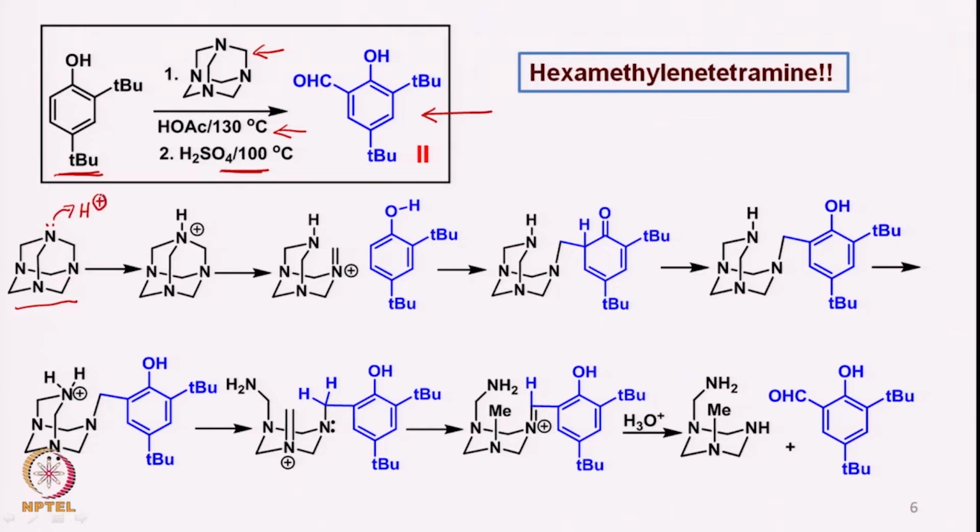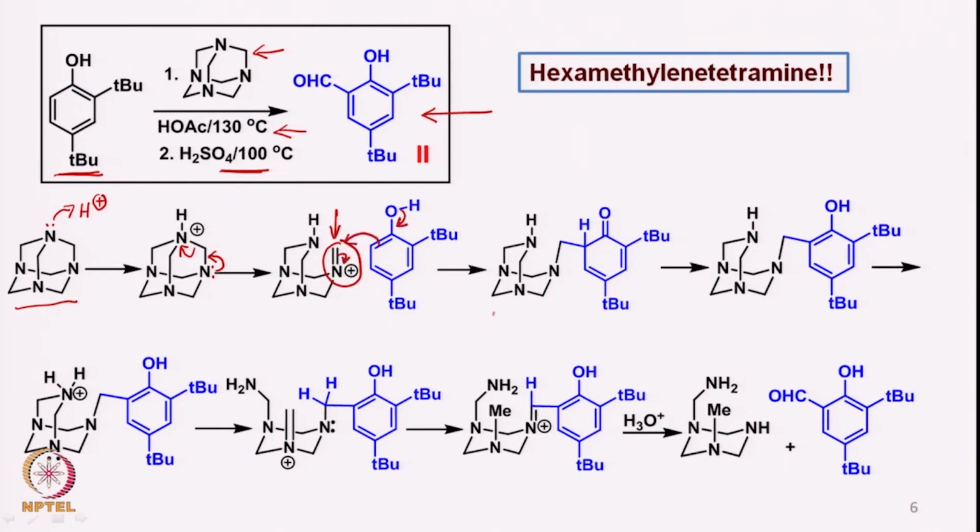So we protonate this and we form this ammonium ion, and then we have this pair of electrons here which allow the opening of the particular carbon nitrogen bond which is next to the ammonium ion, and then you generate this particular species in which now we have this electrophilic carbon here, and therefore the aromatic group will attack,